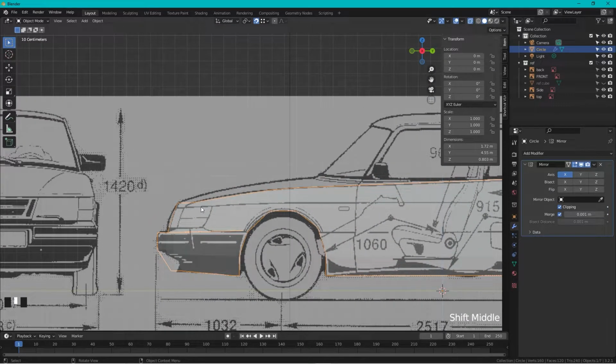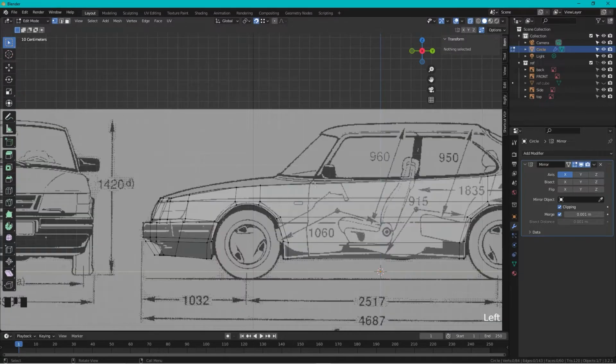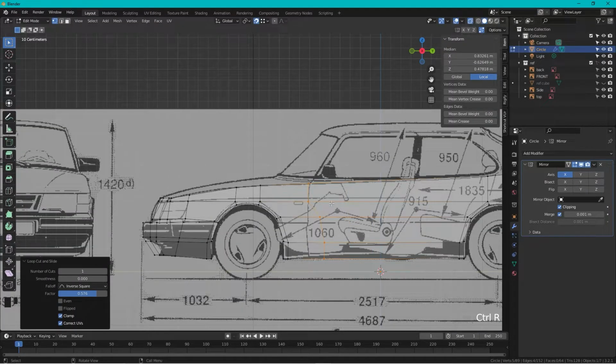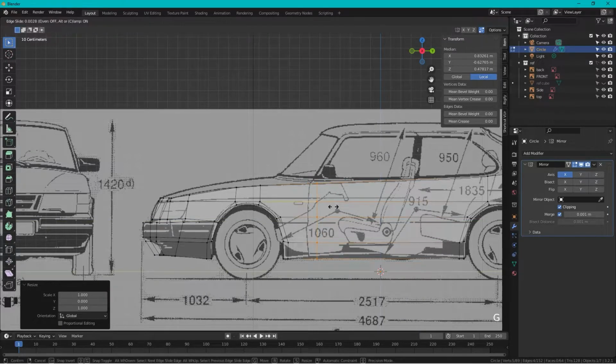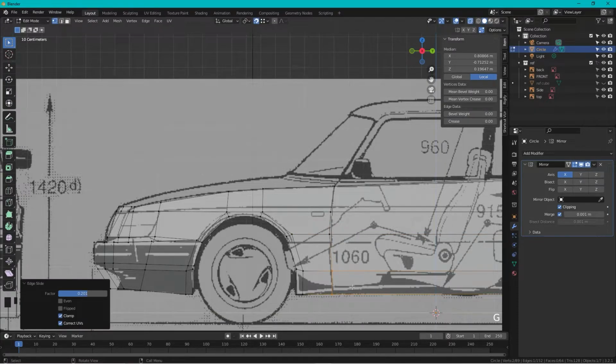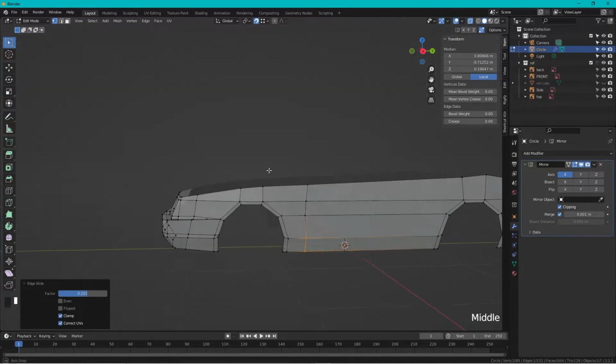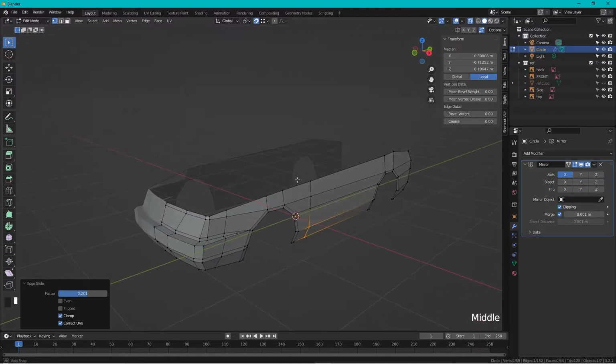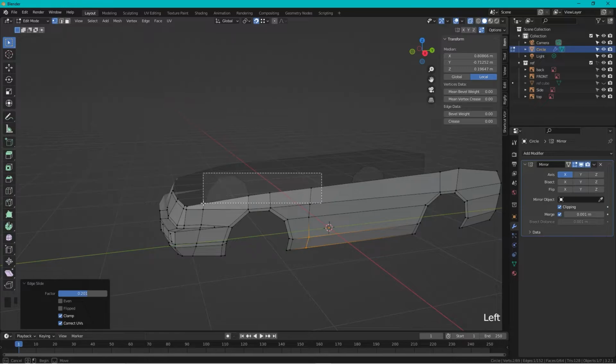And now I want to have the hood. I want another line here, so press Ctrl R, drag it, press S, Y, 0, something like that. We need to move this more manual later on anyhow, so we just fix it now. So we GG to drag those points. Okay, so now we can start to